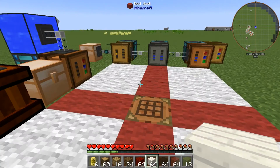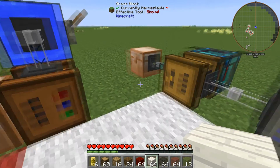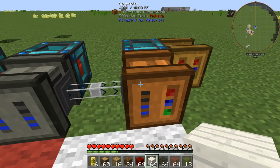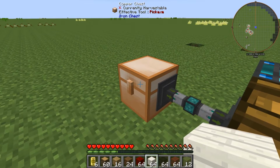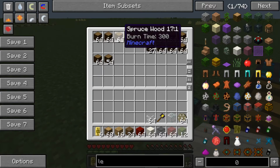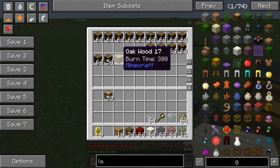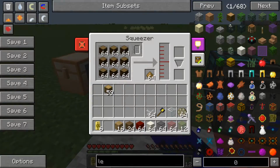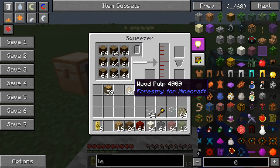They both need polish, and how you are going to get that is you're going to want a squeezer, a still, and a carpenter, and you're going to want to fill it up with birch wood. Only birch wood, as far as I know, works. No other wood. If we place that in here, you'll see later on that it will not go anywhere. Basically, it's filled up here, and it gives you this as a byproduct, the wood pulp,